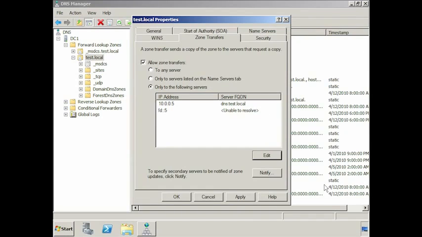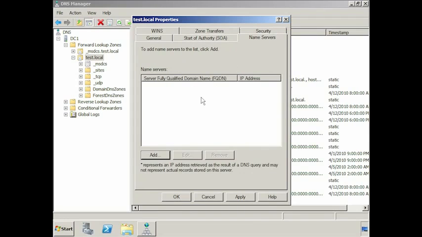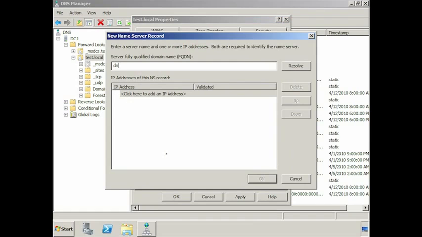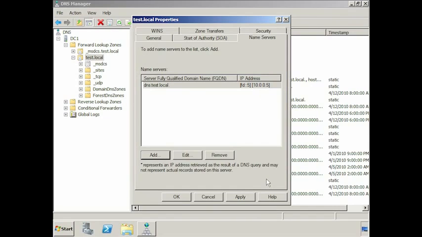If you want to use a DNS name rather than an IP address, you need to select the option Only to servers listed in the Names Servers tab. If you select this option, the servers on the Names Servers tab will be used. On the Names Servers tab, I can press the Add button and enter in the name of DNS servers that I want to use. If I press Resolve, you will notice that, again, the DNS name is resolved to an IP address. When I press OK, you will notice that this time the DNS name is recorded instead of the